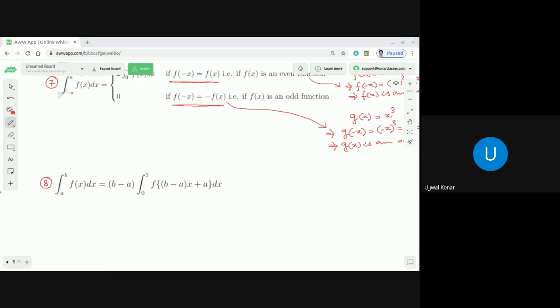Now, with this, we are done with the fundamentals of definite integration. Once we are very well versed with it, after a few months, we'll be discussing more advanced concepts of definite integration, like how to perform definite integrals of periodic functions, how to apply the Leibniz rule, and how to handle integrals involving sine to the power n x and cos to the power n x. These are advanced concepts, especially important for JEE Advanced, that we'll discuss later.